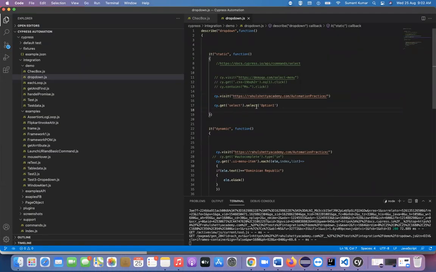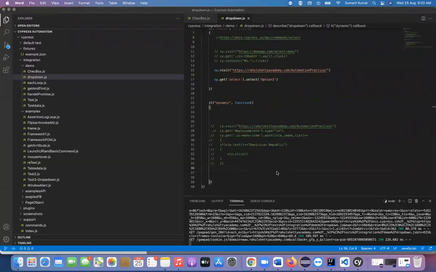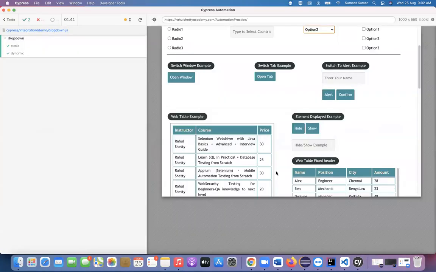Okay, let's see option 2 if I try, and I will comment everything else as of now. Yeah, so it's selected here, right?